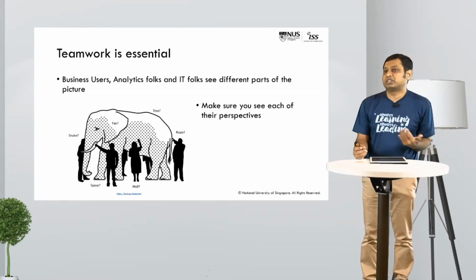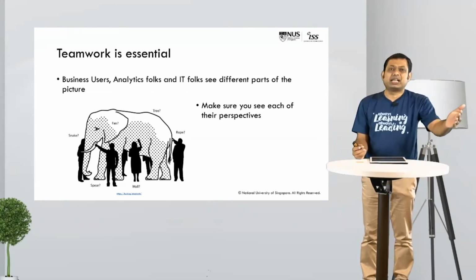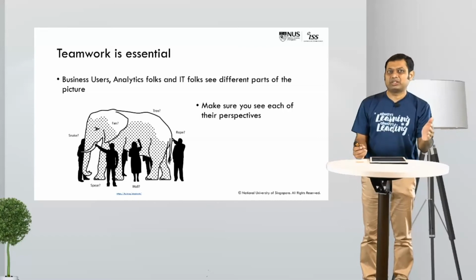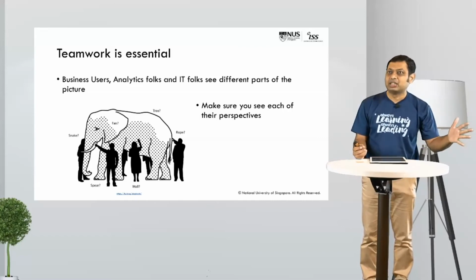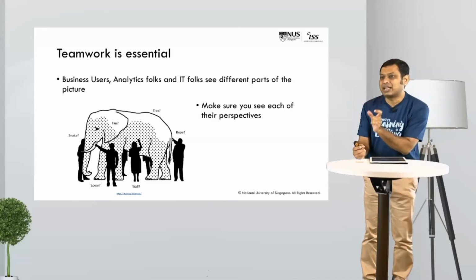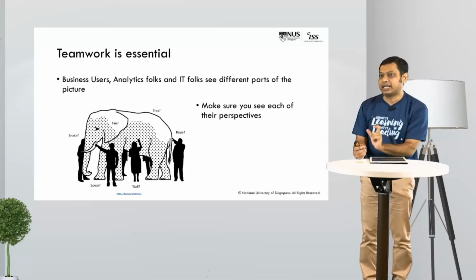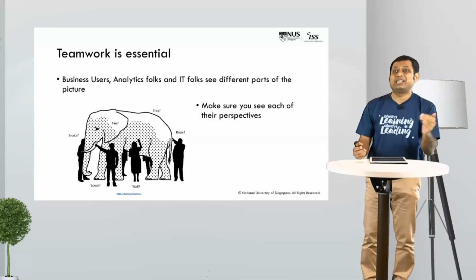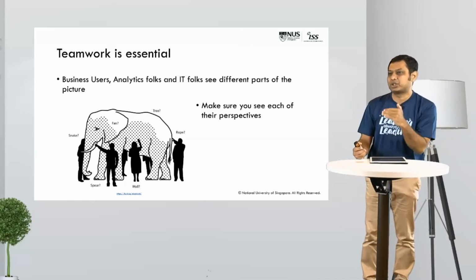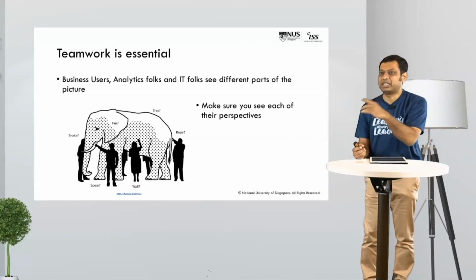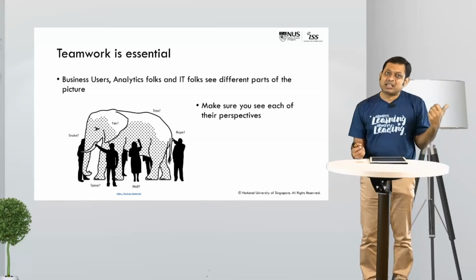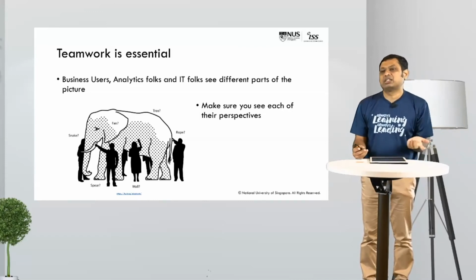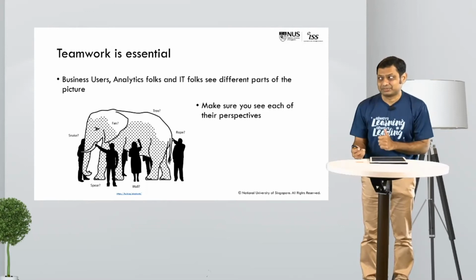And if you talk about the business user, they say, I don't care about whether you use Agile or whether you use Waterfall. I don't care about whether you use CRISP-DM. These are all methodologies, by the way. What I care about is fundamentally the results. Is this delivering ROI? Are you fundamentally giving me a business benefit? So when you're talking to each of these people, make sure you see their perspectives. Make sure you are looking at their part of the picture. Make sure you are catering to what their concerns are. That, to me, is one of the things that you can do in order to be able to get into crossing the chasm. So teamwork is essential.